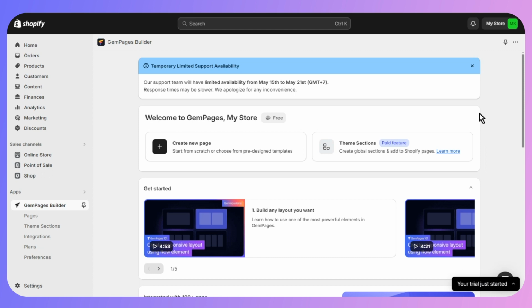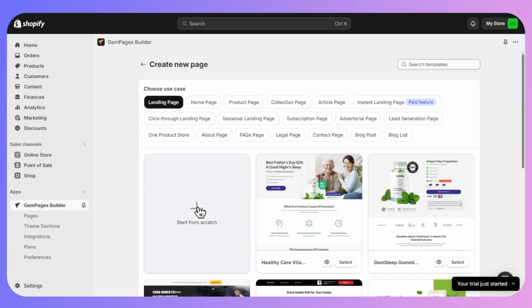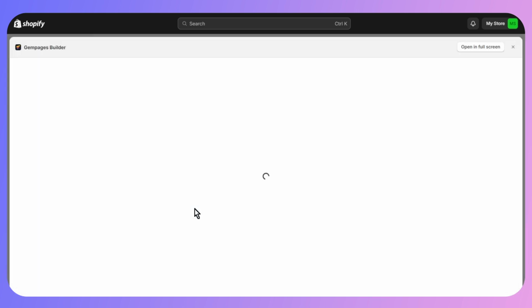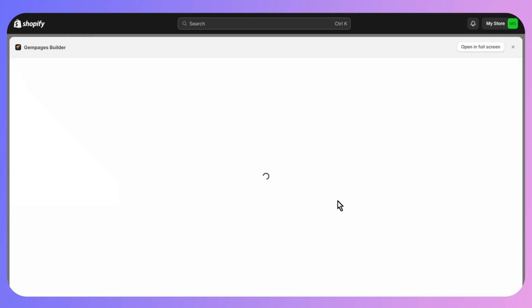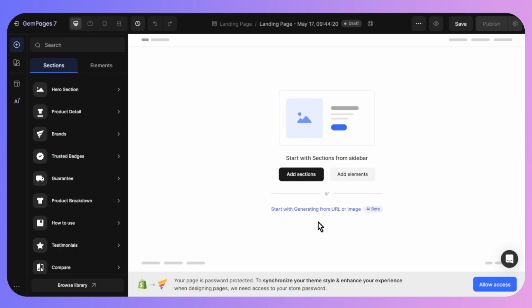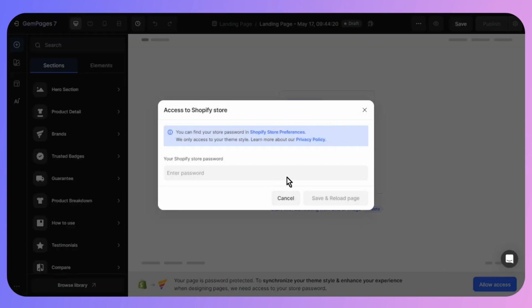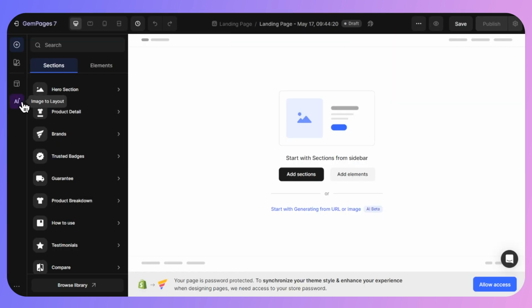Now once you have installed the GemPages builder, you just need to click on create new page. Now after that, click on start from scratch and click on open in full screen to get a better view, and click on open editor. Now once you are in the editor of GemPages, what you need to do first is simply click on the